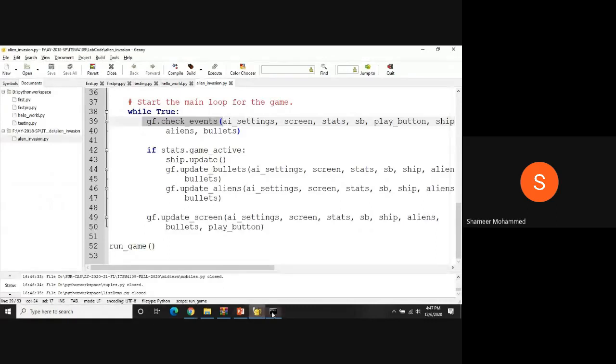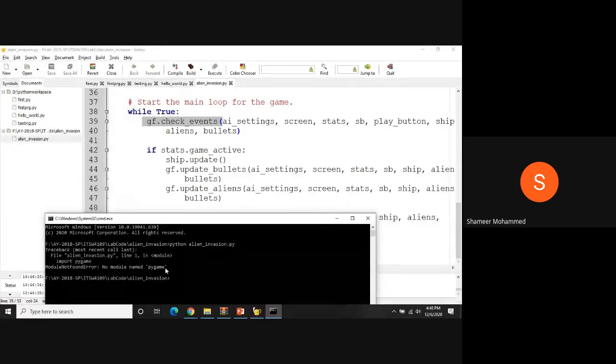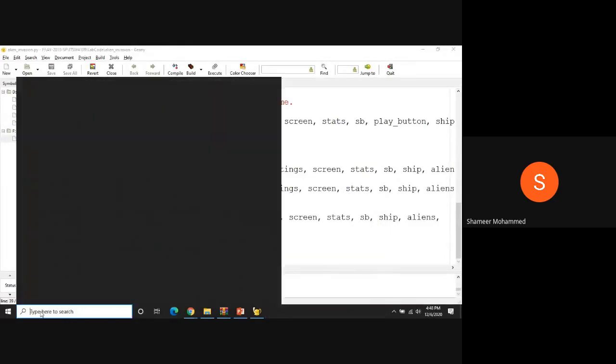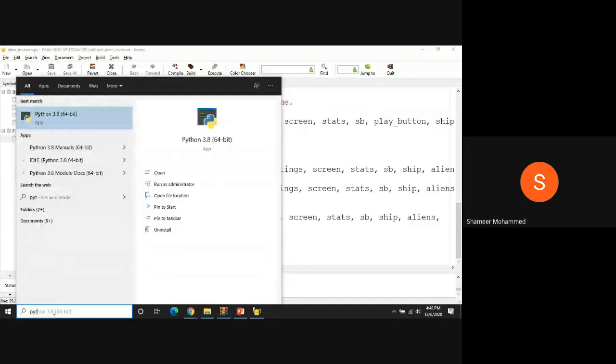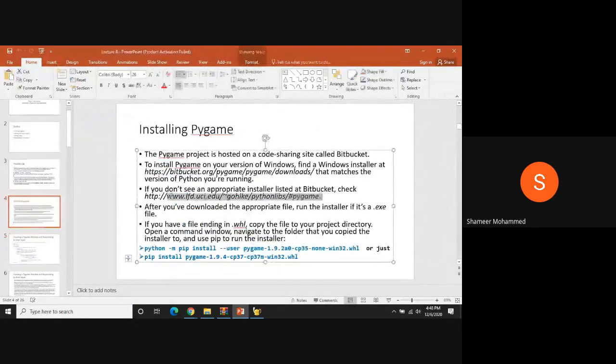Now I will run this. Python alien underscore invasion dot py. It is saying PyGame is not installed, no module found on my computer. So I have to start again from the beginning. I have to download the PyGame file. What is my Python version? 3.8, 64 bit. So in your lecture, when you go to this one,